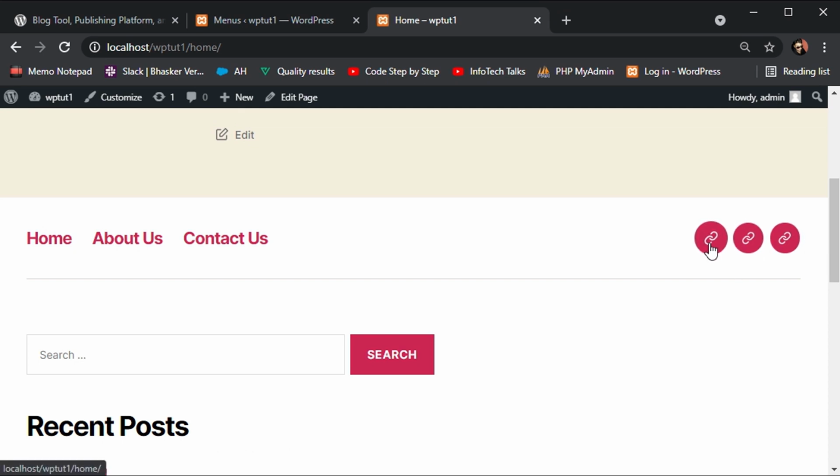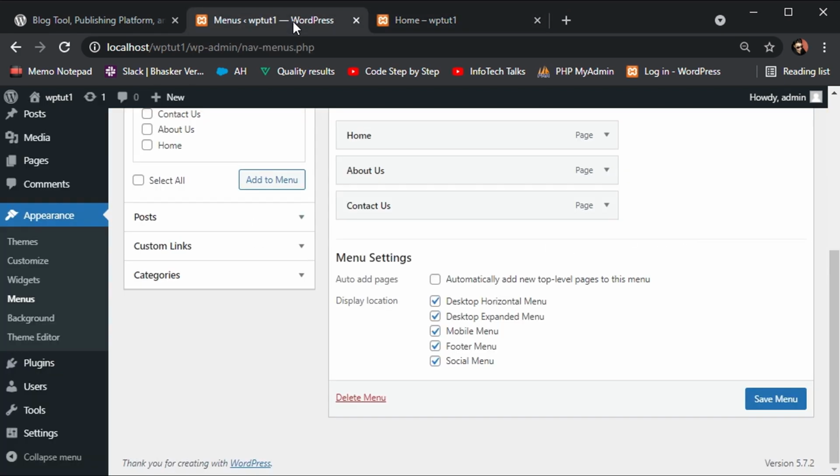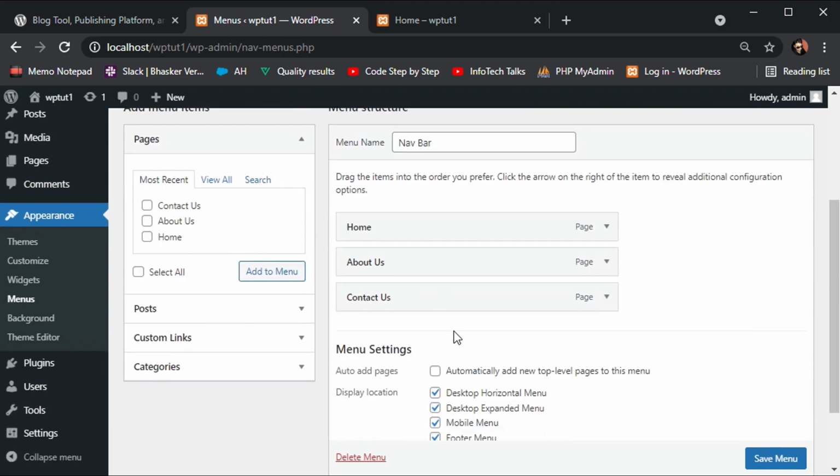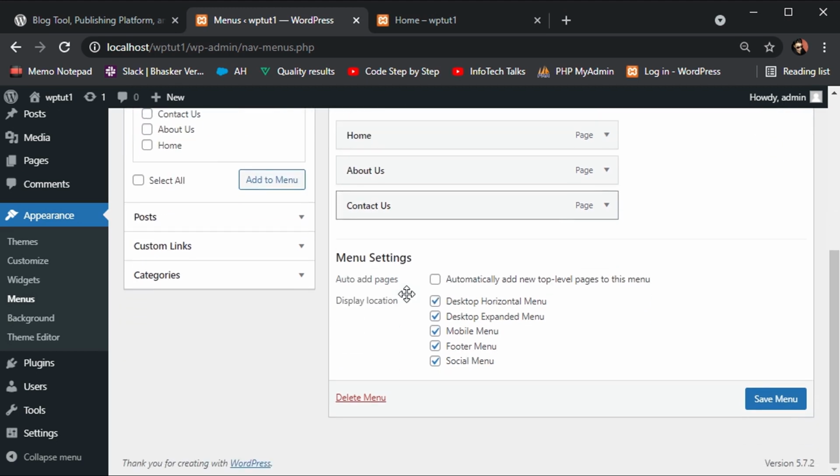Okay, under social media. So under social media we selected the same menu, so same pages will be available in social media tabs. This is how you select menu and you add menu and add pages into menu, and the way you display the menu and you add the same menu in different options under different themes.